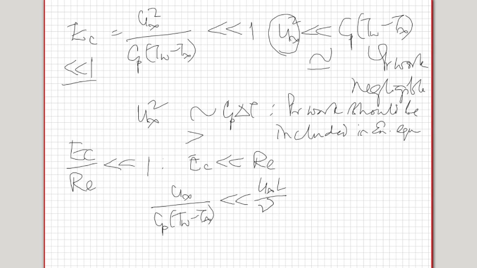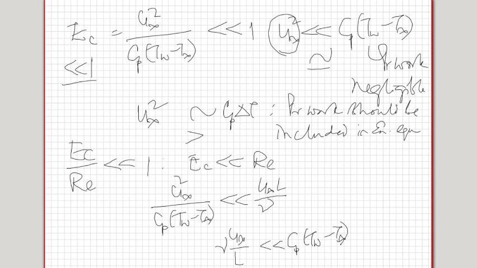Now, what does this mean? So if I bring all the U infinity and things to one side and take the Cp and delta T to the other side, what will this give me? This will basically give me nu times U infinity divided by L. So this should be U infinity squared. Okay, so one U infinity gets cancelled. So it's nu into U infinity by L is much less than Cp into (T wall minus T infinity).